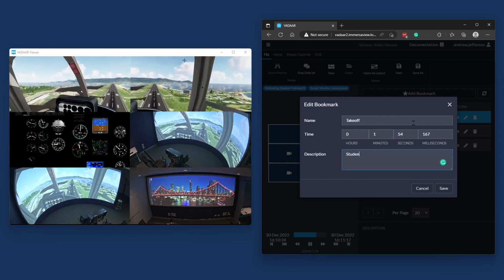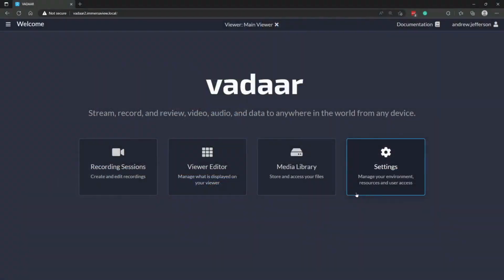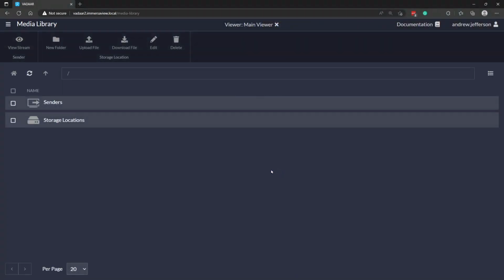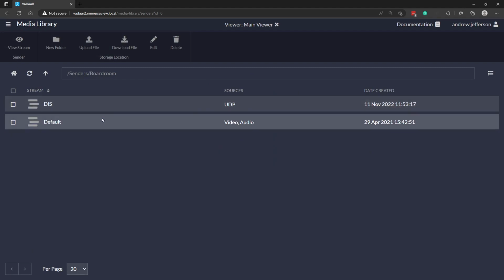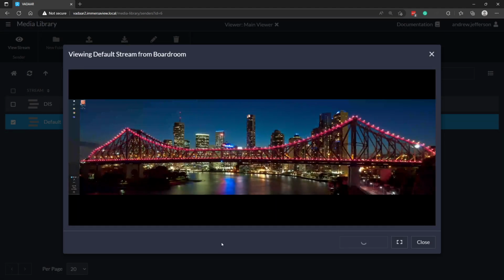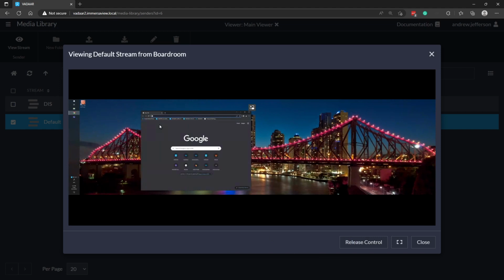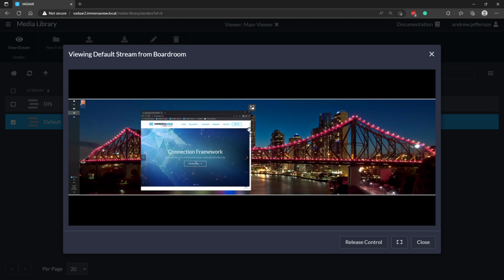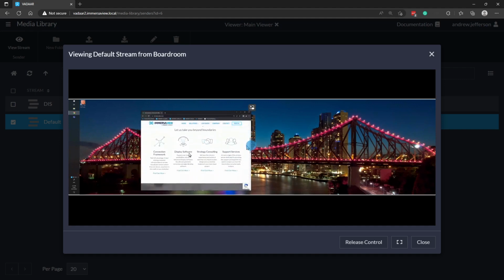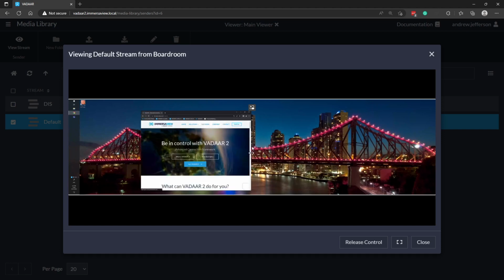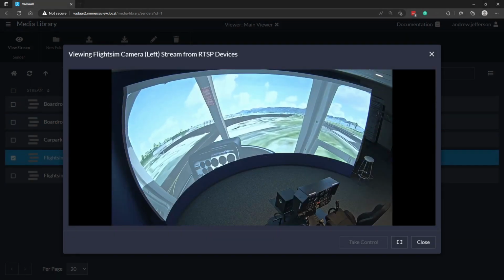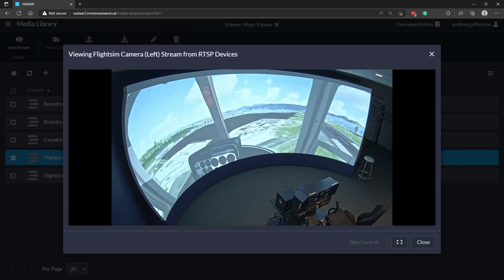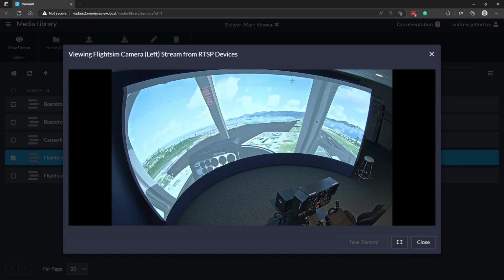Now that you've had a quick overview of the live streaming, recording, and playback aspects of VADAR 2, let's have a closer look at a few other features. From the web browser, you can view a live stream from any sender, whether you're using VADAR on a desktop, laptop, tablet, or phone. Suppose you're viewing a Windows or Linux PC via a VADAR Sender. In that case, you can remotely control the PC, which allows you to intervene to start applications or resolve issues on other network-connected PCs without needing to use additional hardware or find the relevant PC's mouse and keyboard. It's also handy to preview streams from hardware devices such as IP cameras, HDMI or DVI IP encoders.